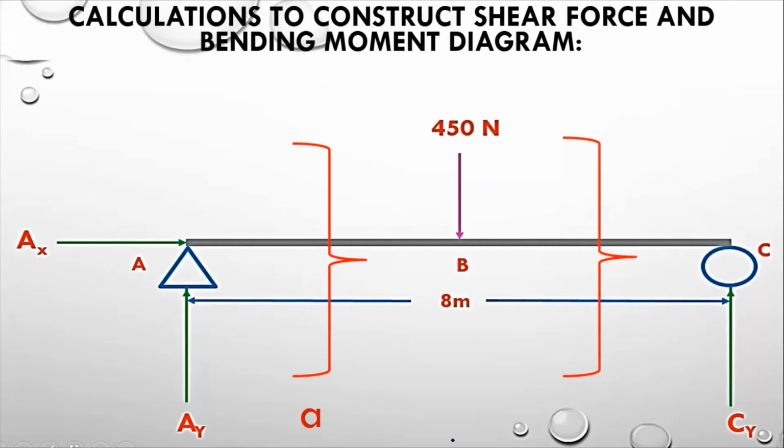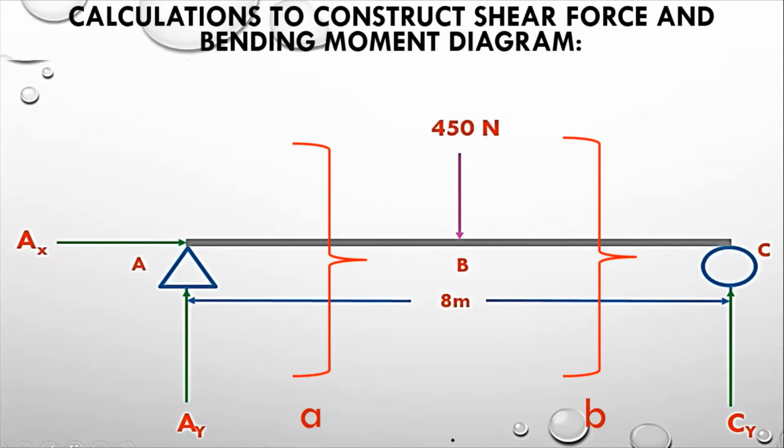I am not sure where I cut the section, but I know that I have cut somewhere along A to B, and another section should be along B to C, but I am not sure whether it is exactly at the center of BC, or it may be before or after the center. So we are not sure about it. We have just taken the assumption over here. So we will take the value of x, and how we can take it, I will tell you in the next slide. So I am moving towards the next slide here.